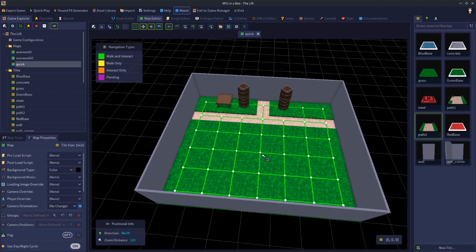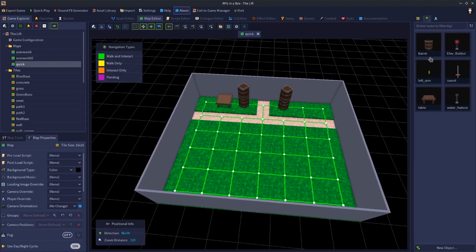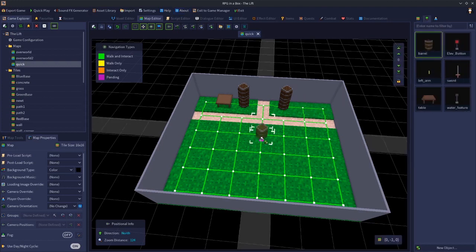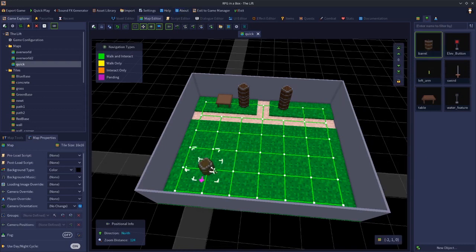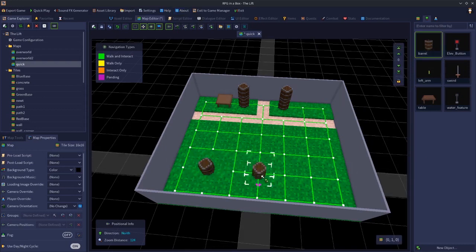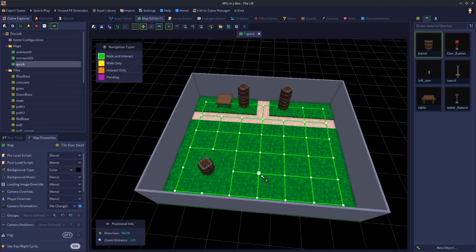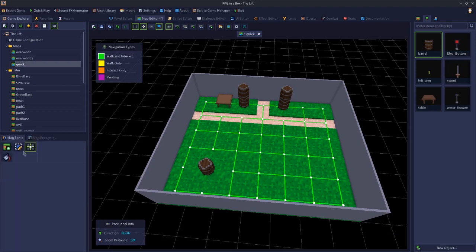Okay, so let's get started by, first of all, how do you create a pushable object to begin with? What I'm going to do is use a barrel, and I'm going to place the barrel just here like so. Okay, now the first thing you want to do when you create a pushable object is switch to the navigation tool,